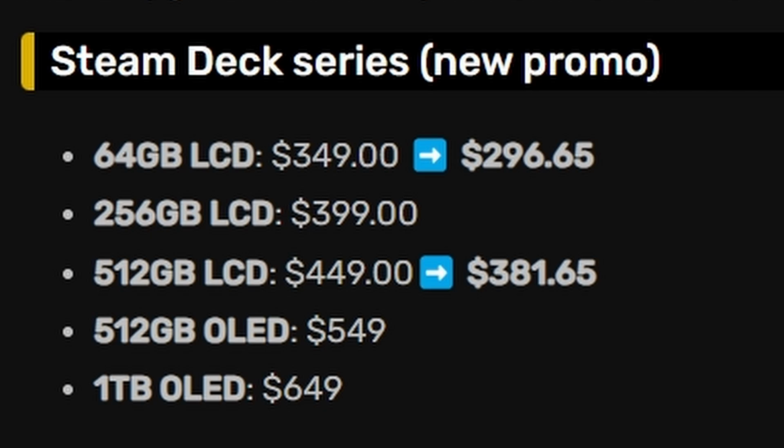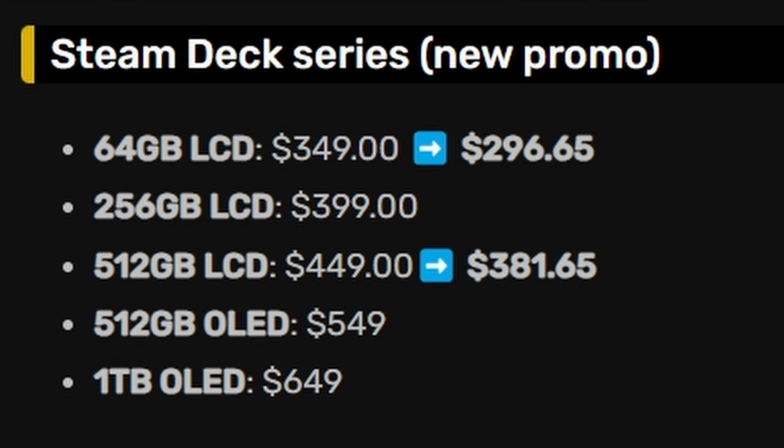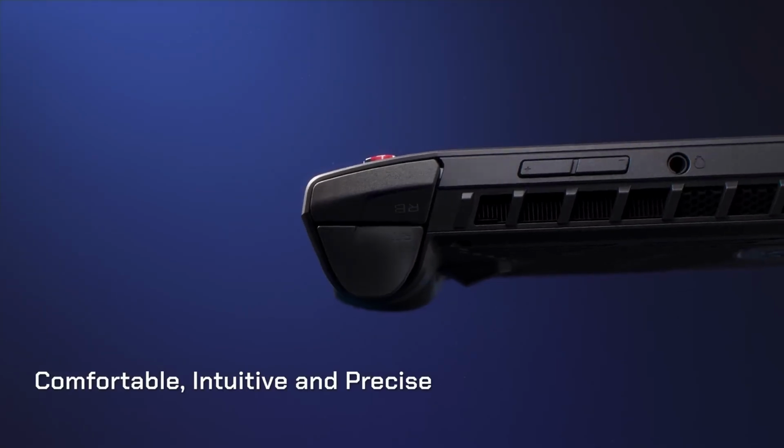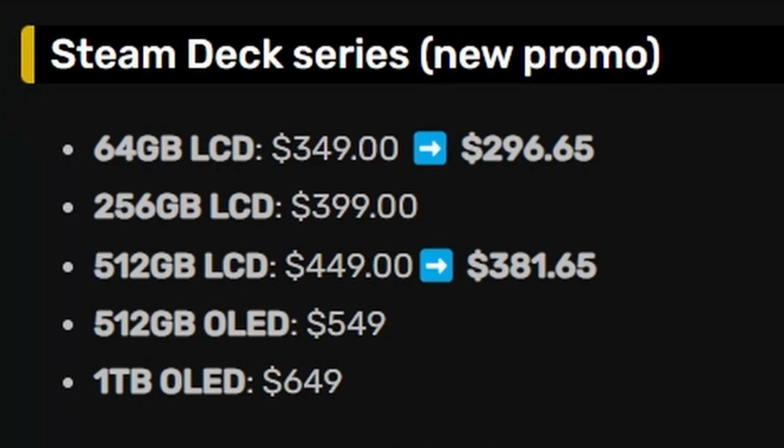As for the 256GB LCD models and the 512GB OLED models, they don't really change. Similar goes to the 1TB OLED model. Those are pretty pricey still, $649 and $549. These are good deals, but there are still the ROG Ally or MSI Claw available, even though in terms of storage they might be smaller, but in terms of